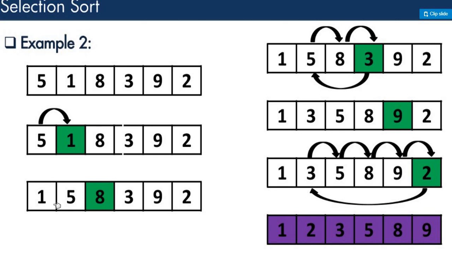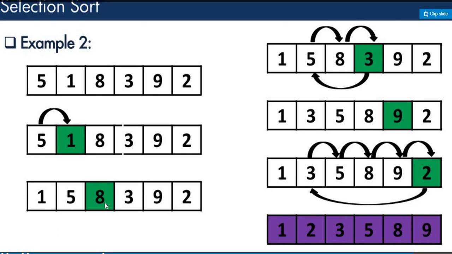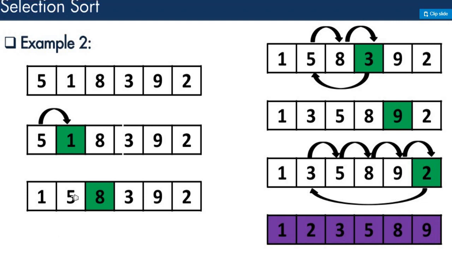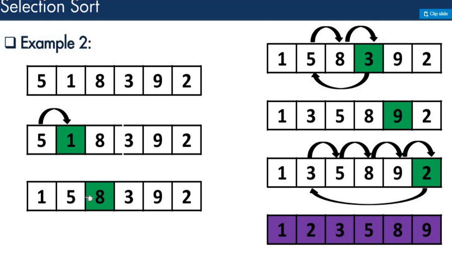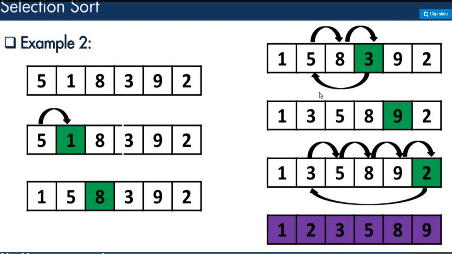So in the next step you can see that 1 and 5, these two numbers, are sorted here. Now in the next step we'll compare this 8, and 8 will be compared with both the numbers 1 and 5 here. If you want to place this 8, it will be placed after 5. Why? Because it is greater than both the numbers. So in the next step you can see here that 1, 5 and 8, all three numbers, are sorted.